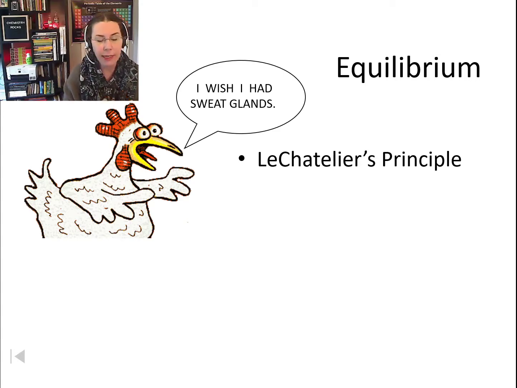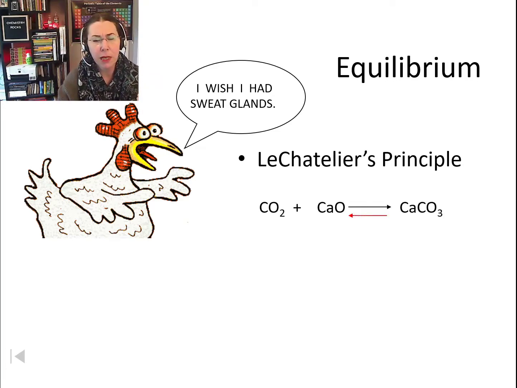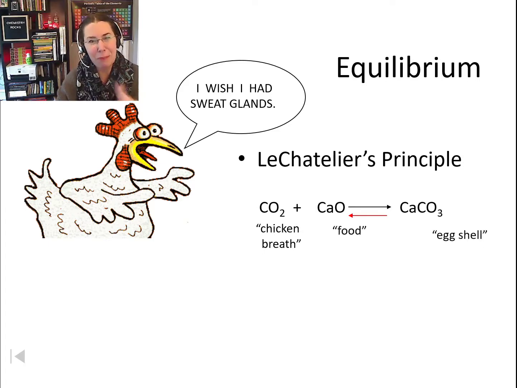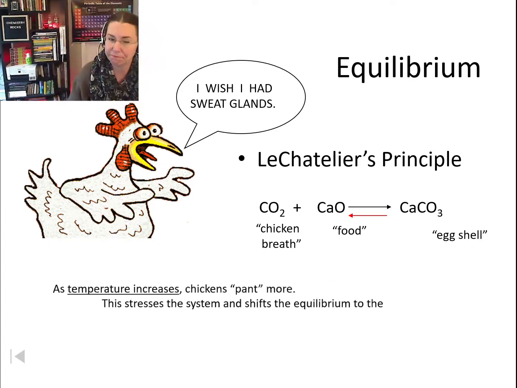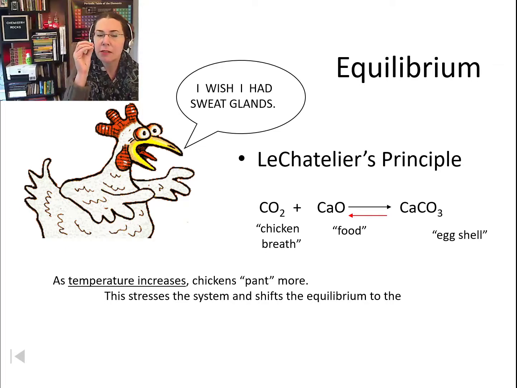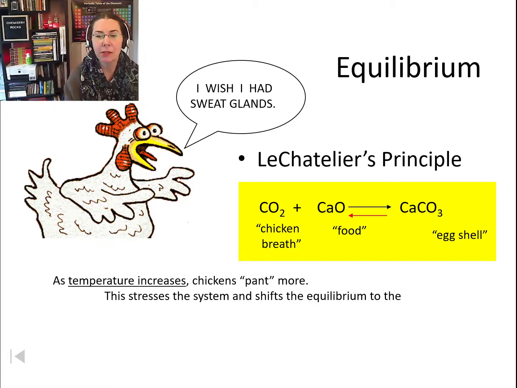So if a chicken in its chicken coop or wherever it happens to be gets too hot, they pant like a dog or a cat does. So this influences a very important reaction that happens inside the chicken. Okay? So chickens need CO2 or carbon dioxide to go together with calcium oxide to form calcium carbonate. The calcium oxide is provided in some way in their food. The CO2 is in their breath, and this calcium carbonate, the end product, is actually used to make the shells